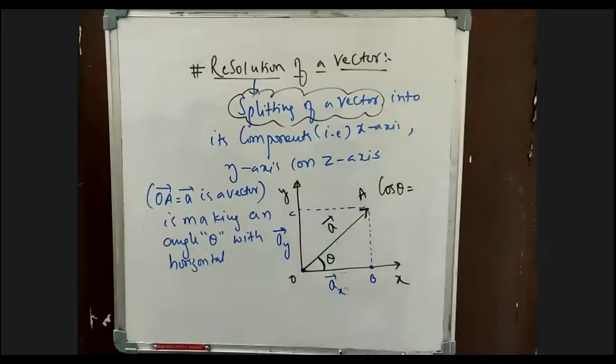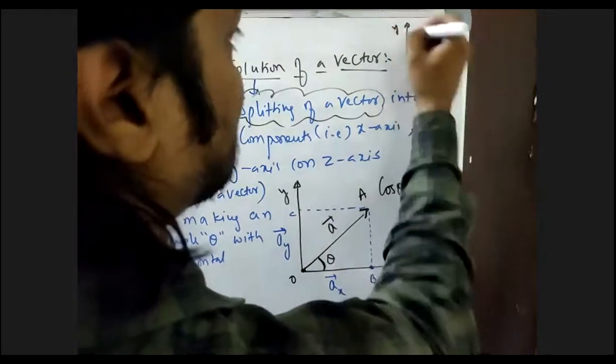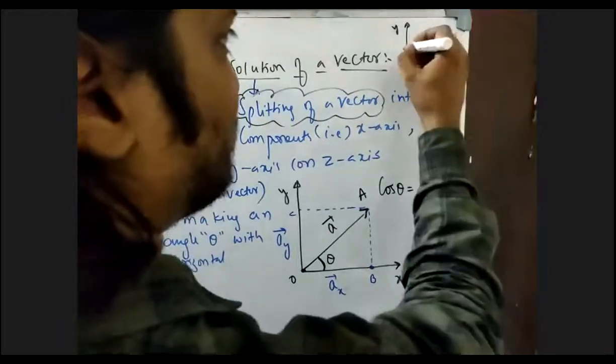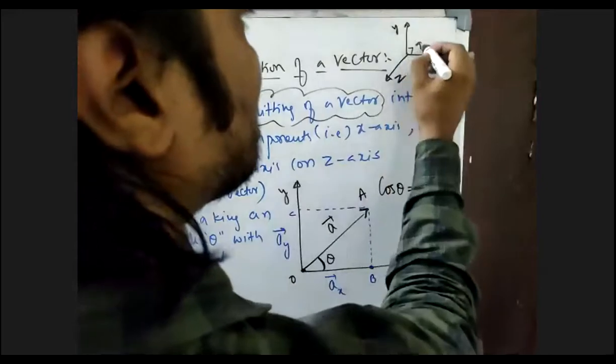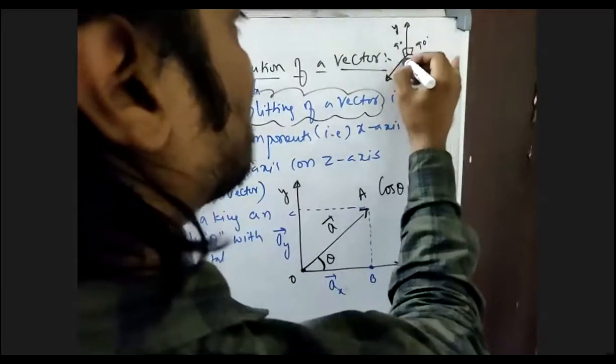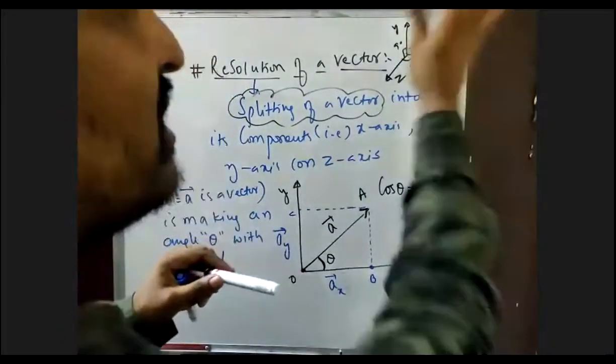The z-axis is nothing but the third dimension. Like in the room where you are sitting, take the corner and see the x and y axes, and the vertical component will be the z component. You take the corner of your room. This one is the x-axis, this one is the y-axis. The vertical component, which is in the upward direction, is the z-axis. The angle between them is 90 degrees. This angle is also 90, this angle is also 90. Because I can't draw the z-axis, it is in this direction.